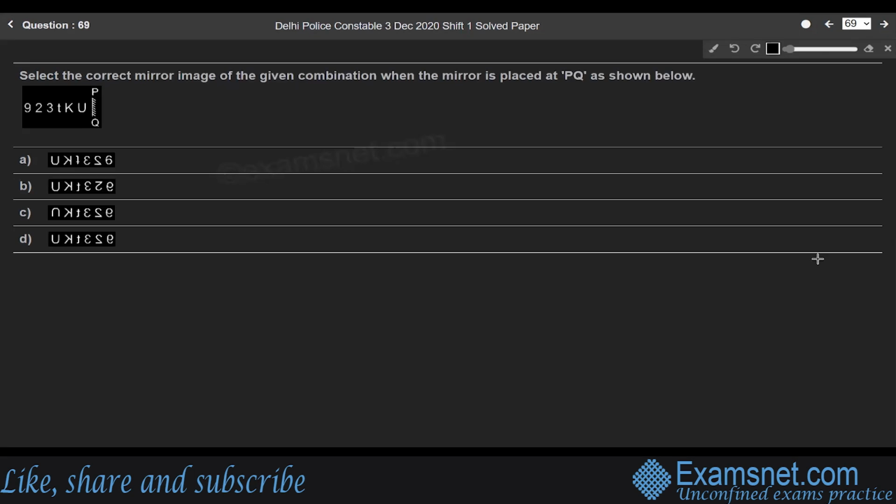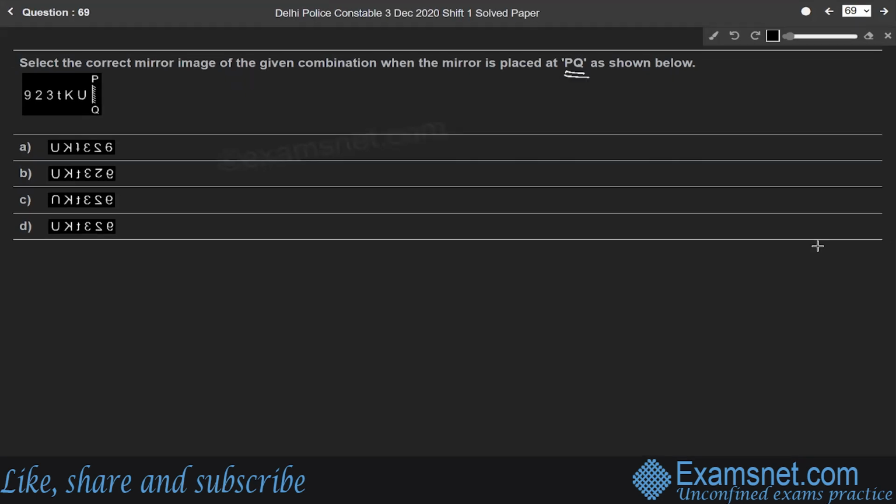Question 69. Select the correct mirror image of the given combination when the mirror is placed at PQ as shown below. So when the mirror is placed at PQ, the given numbers and the letters look like Q will be as it is, K will be mirror image of the K will be like this, and whereas T looks like this, and 3 will be like this, and 2